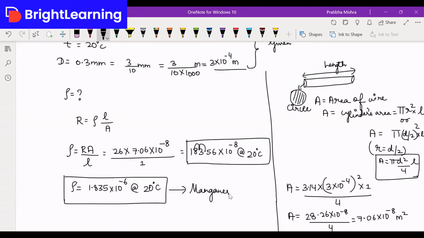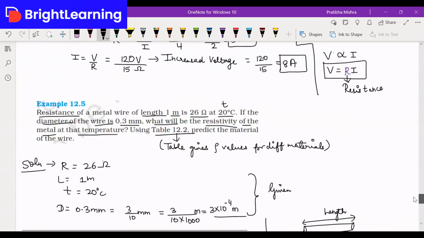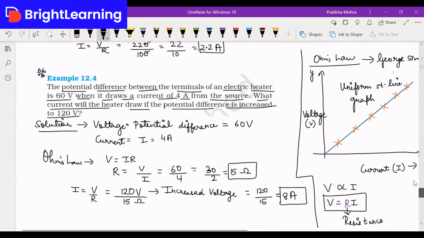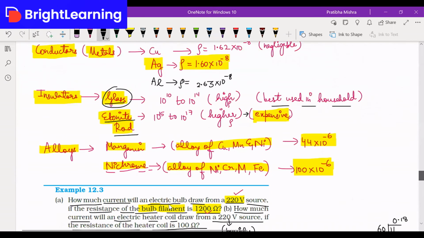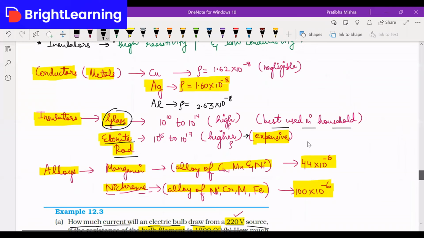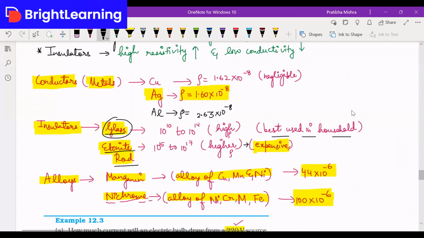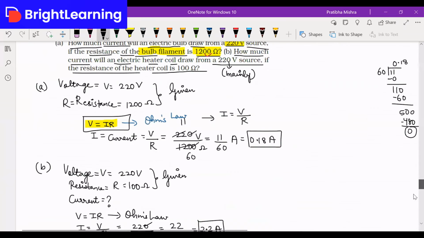Remember, I gave you a particular example yesterday. I'll show you. For manganese, we have 1.84. Isn't it a manganese? I'll show you. Okay, don't worry, you'll get time to copy that. See, this was manganin. Okay, I think I have not written it here, but if you see the table, you will get it. Yes, it's a manganese. Very good.